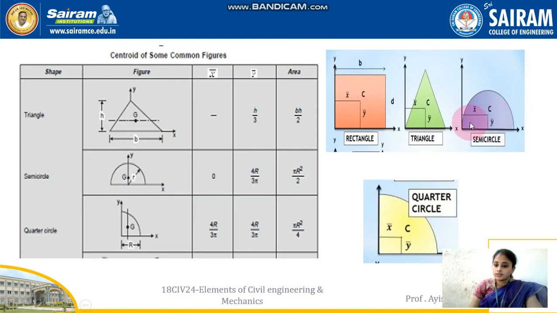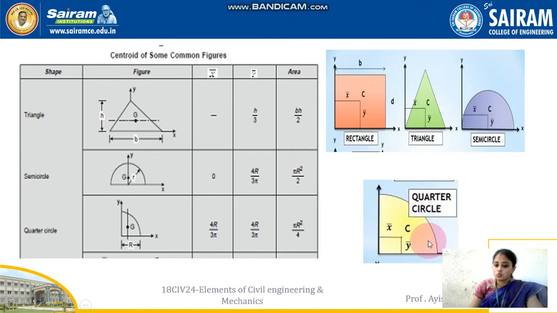So in this case x bar is equal to d by 2 because the diameter is d, the x bar is half the diameter, so x bar is equal to either d by 2 or radius. But y bar, it's not in between the diameter, right? It is in between the radius because this is the radius and here somewhere it is in between, right? See, this full distance is radius. Okay, if it falls in between radius, then the formula for y bar is 4r by 3 pi. Okay, even we have found it in the earlier derivation.